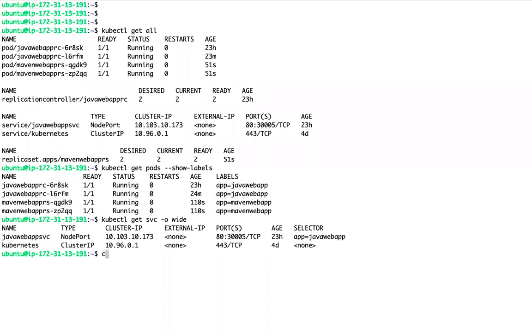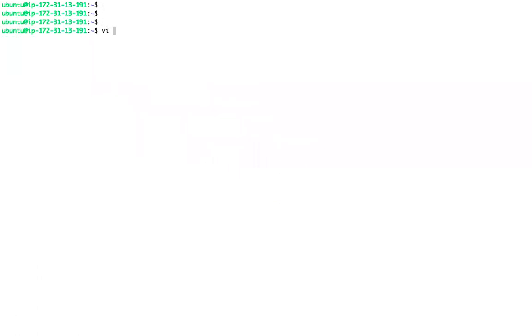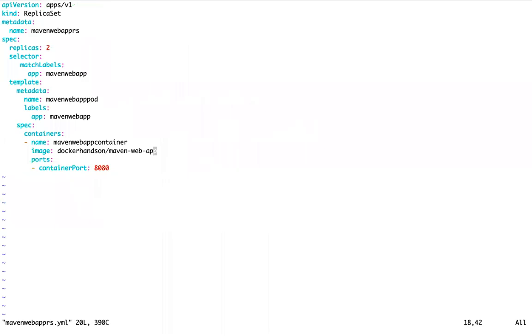Now let me create a service for this. You already know what is cluster IP, what is node port. I will directly create node port. Even though I create a node port, a cluster IP will be allocated for this, so within the cluster you will get a cluster IP.